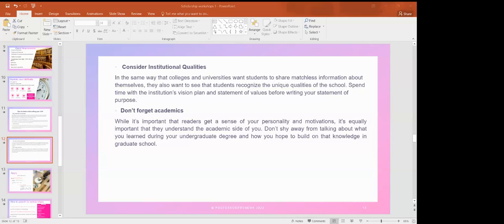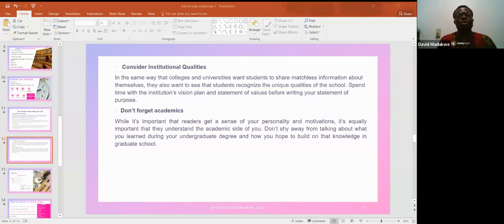But please, when do you think application will end for this semester? Most schools have already started application this month. So probably in the next 2 months, they should be closing. Most of them close 1st of December, some close 30th of November, some close 15th of December, some even extend to 1st of January. So it varies. But for schools that consider students for scholarships, I think they close around 1st of December.